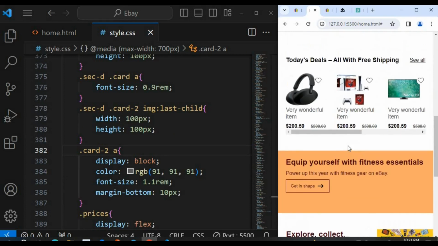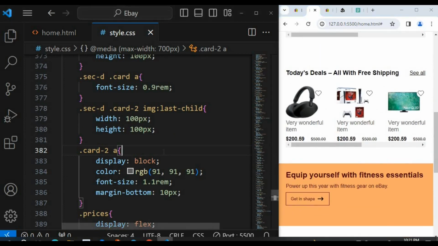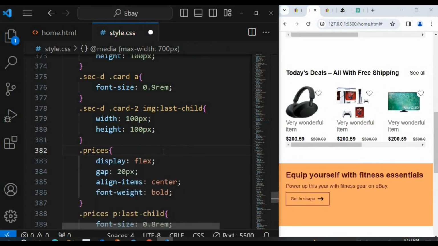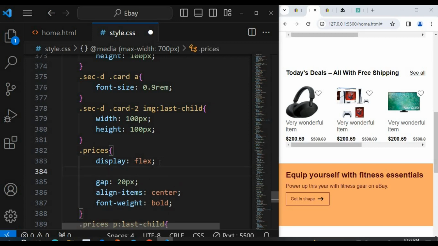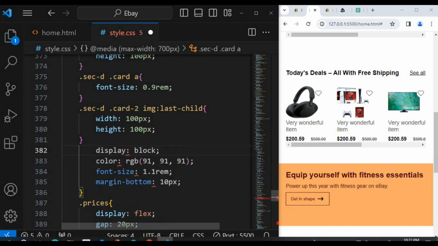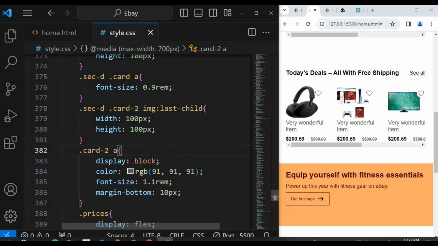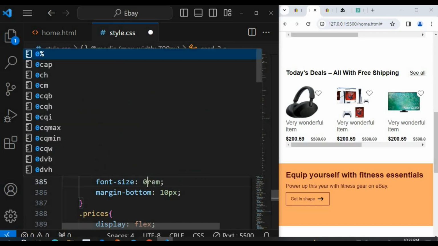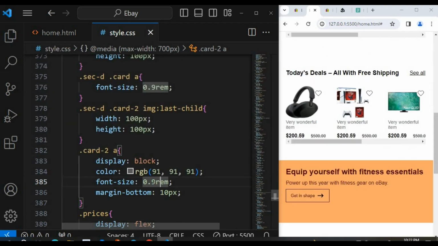Let's go back to card 2. So I can still leave all these things. The prices, so there's card 2A just now. Yeah, let me see, change the font size. Okay, font size 1.1 rem. I'll change it to 0.9 rem. Then